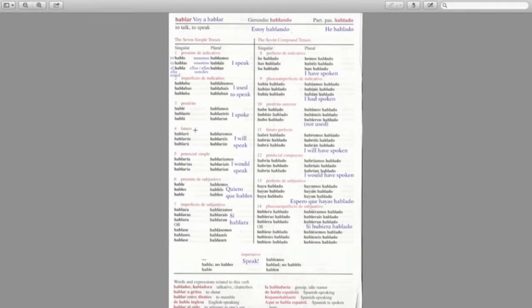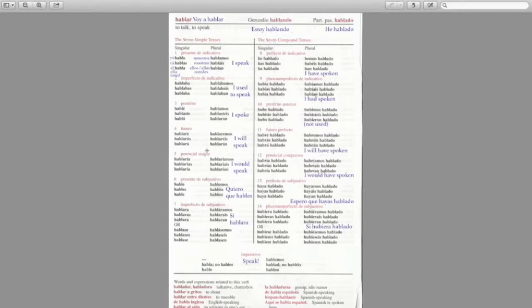Here we have the future tense. Hablaré. Right, so it's like you take the infinitive hablar and then add the endings, hablaré, hablarás. This exists, of course, but it's not used nearly as much as using the I'm going to speak future form. So instead of saying hablaré, I will speak Spanish with him tomorrow, you just say I'm going to speak with him. So hablaré, hablarás, hablará, hablaremos, hablaréis in Spain, and hablarán. Fine, but it's not used that much. Just use voy a hablar, vas a hablar.